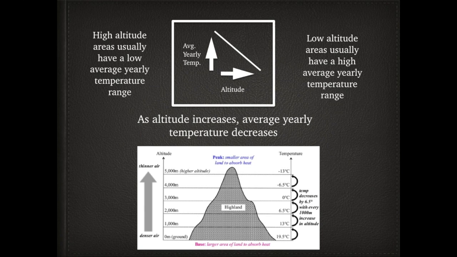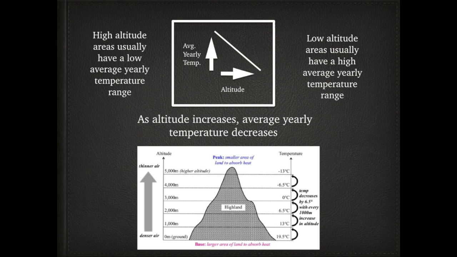Now, average yearly temperature, when temperature is compared to altitude, this is now different. I'm not talking about latitude now, I'm talking about altitude. So I'm not talking about the lines from the poles to the equator. Now I'm talking about a mountain, maybe low latitude at the base of the mountain, top of the mountain, high altitude. So basically what this is saying is that the average yearly temperature is higher at the base of the mountain. So temperature is higher at the base.